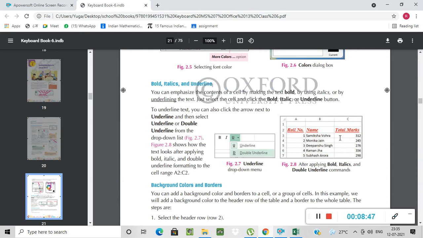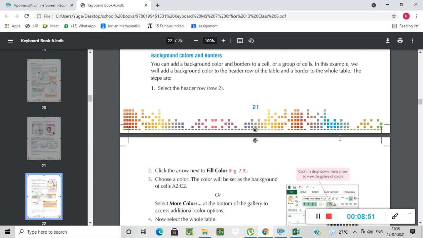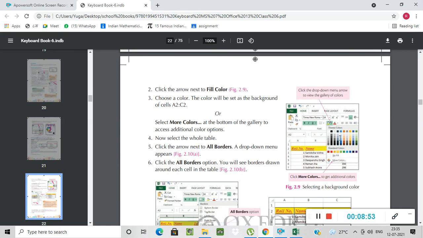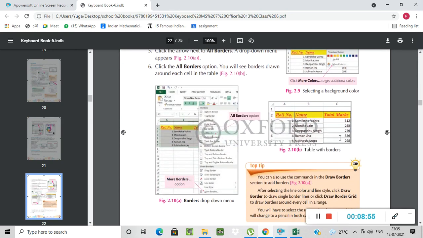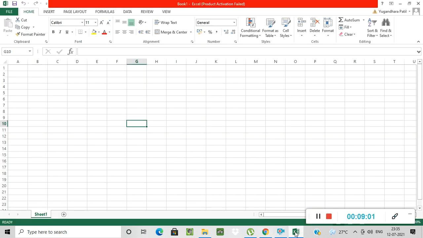Now we'll use this. First we are going to create one table and use the font group options from there. Now I'm creating one table in my Excel. This is my Excel. I'm going to create one table here. Just type anything you want. I'm typing here a demo table.